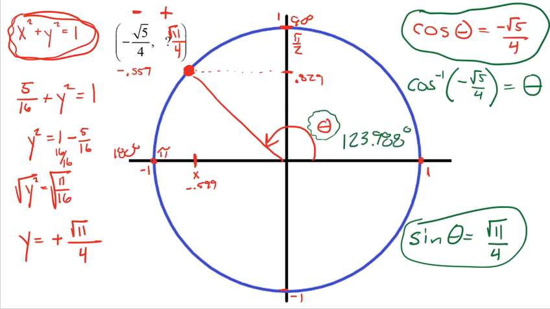123.988 degrees. Look at that. That makes sense. I already knew the angle was somewhere between 90 and 180 because I was in quadrant 2. So there's my angle,